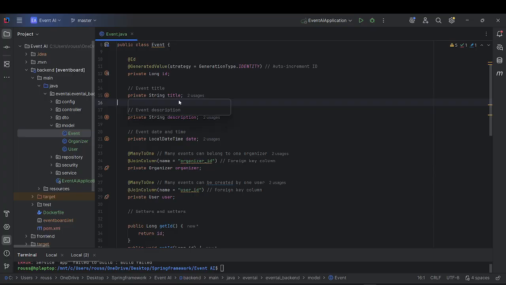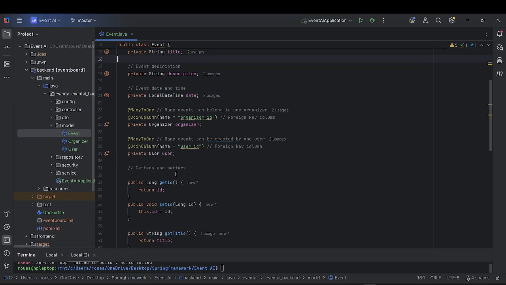And then over here we have private String title, which is the event title, and here we have private String description, which is the event description. And then private LocalDateTime, which is the event date and time. And then we have